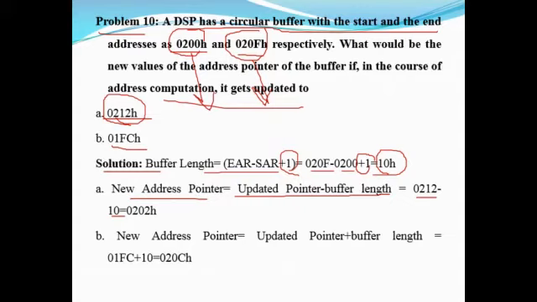So 0212 minus 10 will give us the new address pointer, which is based on the buffer length and the updated pointer value. Similarly, the other new address pointer is updated pointer plus the buffer length. So that is 01FC plus 10, that is 020CH. So that is what we get for this particular example.